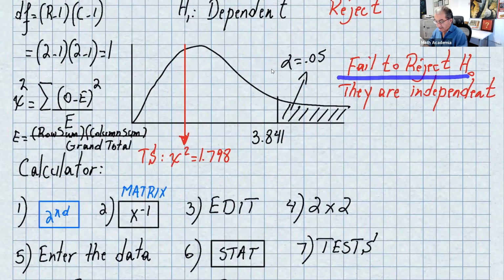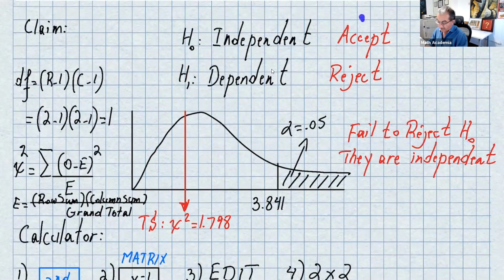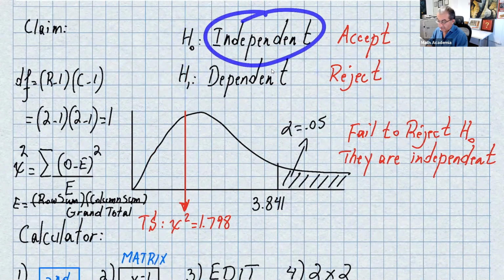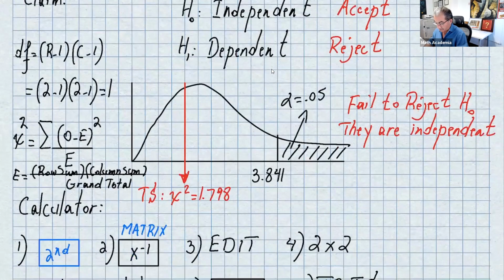First conclusion, failed to reject H0. Failed to reject, that means accept H0 or reject H1. Accept the fact that they are independent, so you can say they are independent. So